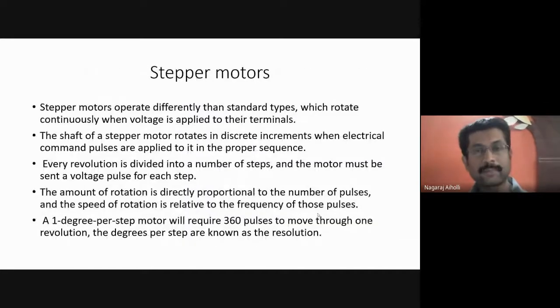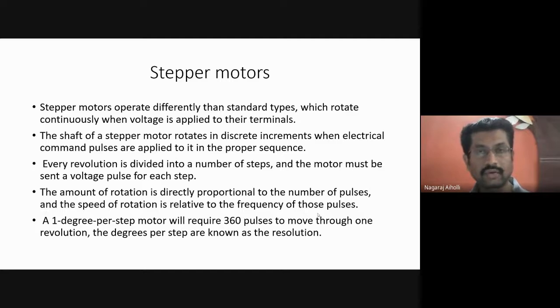Next, we are going to study what are called stepper motors. Okay, so these stepper motors are nothing but motors themselves. We know what is a motor, right? The motor converts electrical energy into mechanical energy. That is, when we apply the electrical signal to the coil, the magnetic field of the coil will interact with the magnetic field of the poles. Okay, and then because of this, what is happening? There is rotation of the rotor.